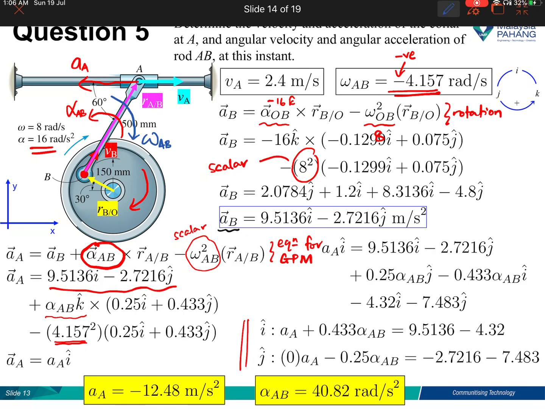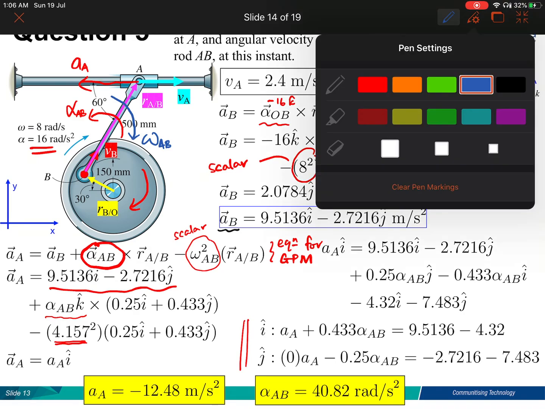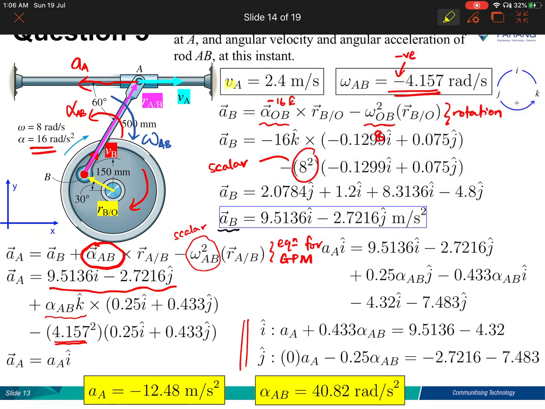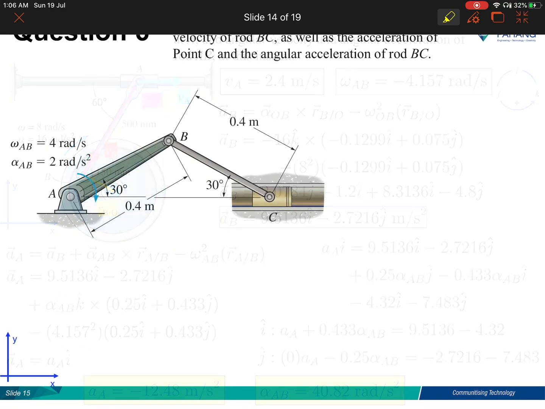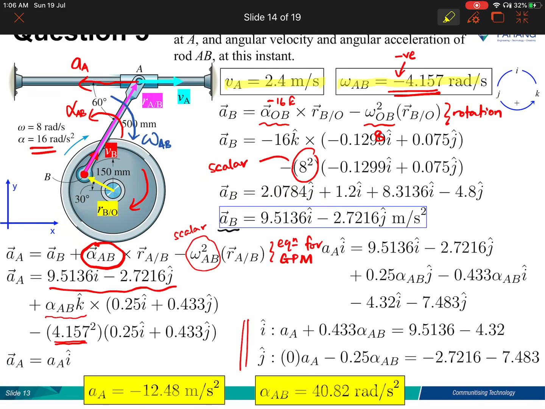So what you will have in the end is this. This is the first answer. This is the second answer. And you have this AA as well as alpha AB. So that completes this